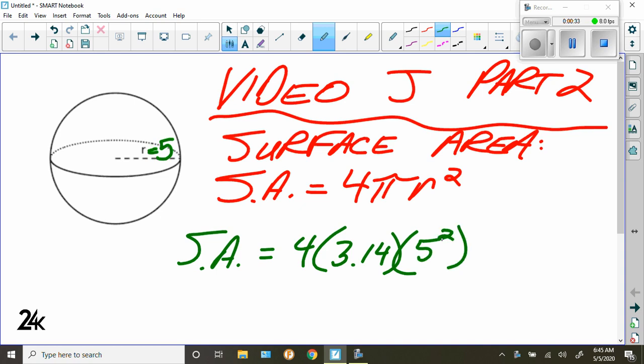Okay, so if you don't want to square and you know how to do the number in your head, you know that 5 squared is 25, duh. So 4 times 3.14 times 25, 314. Okay, and surface area would be